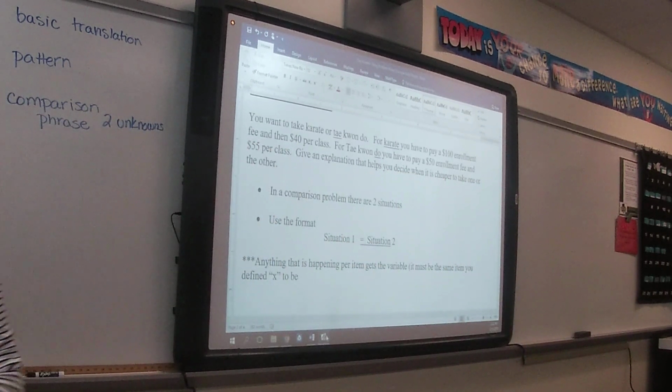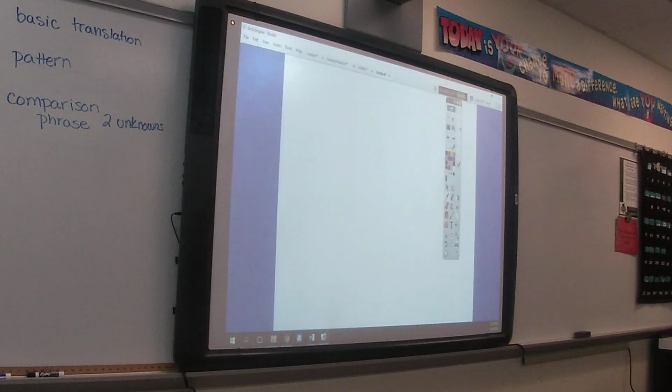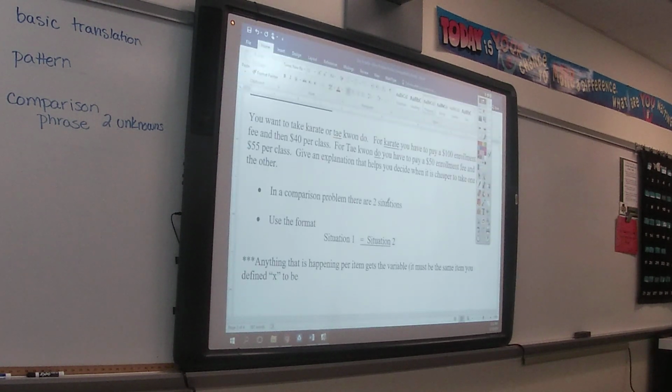Wouldn't it be the total cost of both? Nope. If you set them equal, you'll find out when they become equal to each other. When they are the same, right? We're going to figure out when they are the same. So if we start going through here,